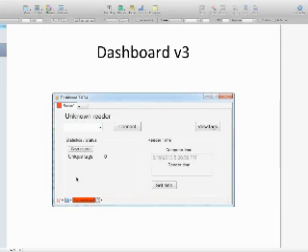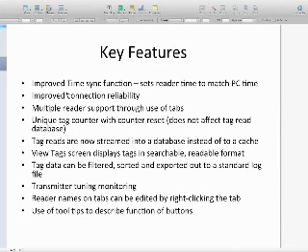We also have the ability to add multiple devices. Up here you've got the plus button. You can add multiple tabs for additional readers. So if you have 3 or 4 readers that you want to connect to simultaneously, you just click the plus and configure them by typing in the IP address. The dashboard application will automatically figure out what type of reader it is